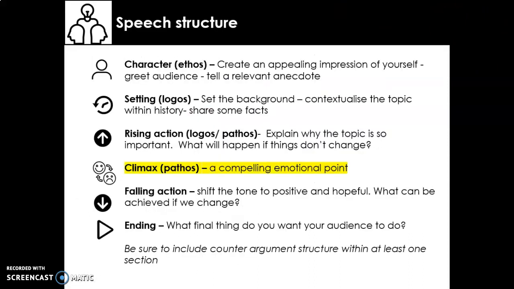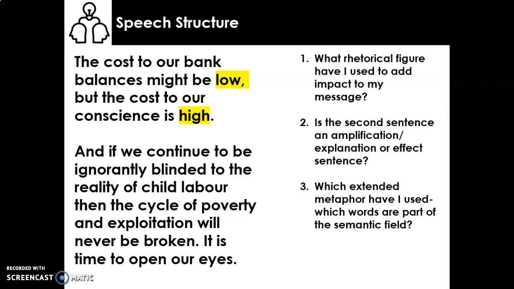A quick reminder, climax means a compelling emotional point. As you can see, this doesn't have to be big paragraphs. We've already created the sustained opening, the bigger paragraphs in our opening section. So really your climax, your compelling emotional point, one way we make it compelling is we make it short. We make it really punchy. We make it 2 sentences. It goes right in, boom, with a really emotional idea without too much expansion and amplification. So let's see what we are doing here.